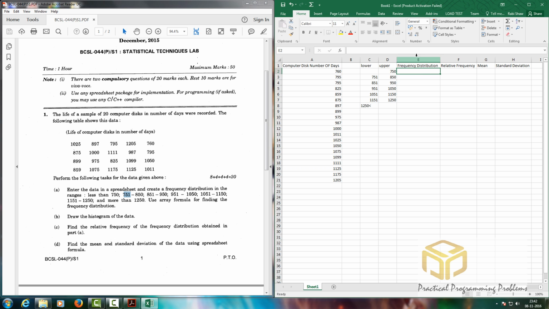For frequency distribution, as I have told, we write the formula equals FREQ. When you write FR or FREQ, you will get FREQUENCY. Just press tab on that, or you can click on FREQUENCY to select it. So I'm pressing tab to select. Then we have to enter the data array, which is the data we have entered, and after that we type a comma and then the bin. The bin, as I told, is the upper limits. Then shift and closing bracket and enter,